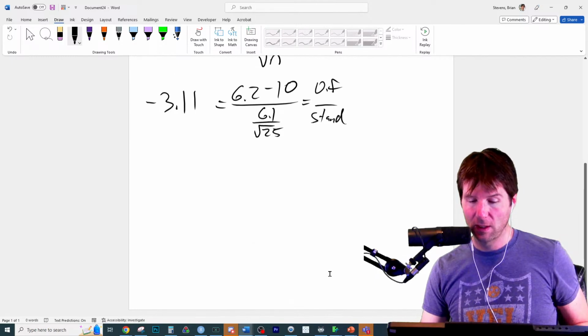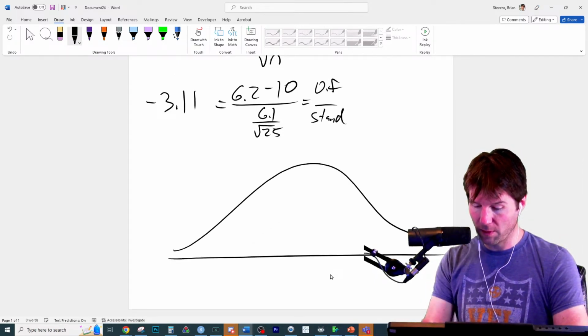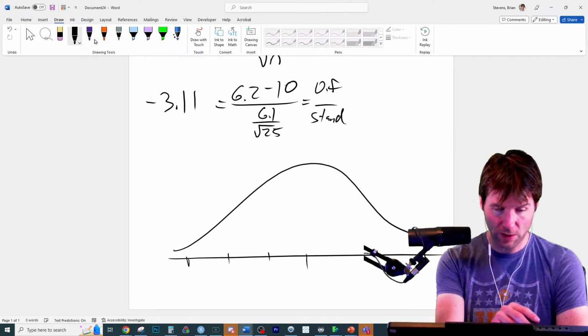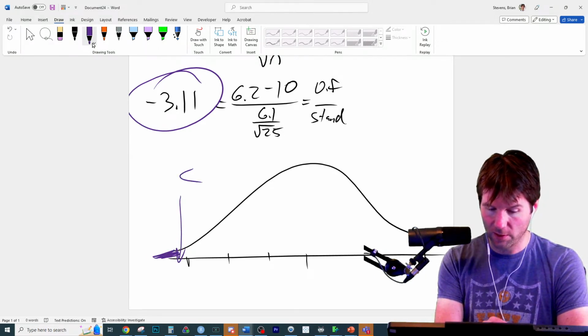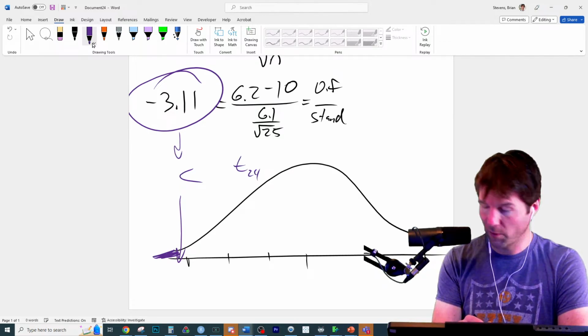And here's the thing, Jesse. The p-value is going to be very, very what? You can go to the applet and find the p-value for this, which we're just doing like additional things to understand how to work the questions. But we landed right here, and we're graphing to the left of it because we're doing the less than alternative. So this is where the t-statistic is at on a t with 24 degrees of freedom.